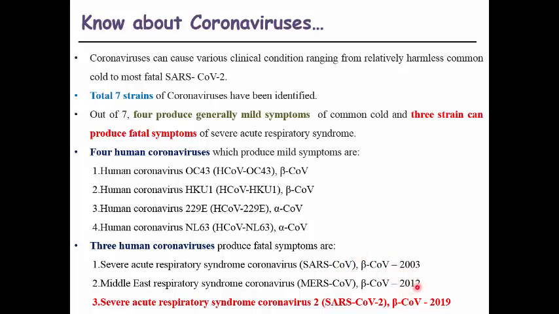Then again in 2012 a second outbreak developed in the Middle East countries, named Middle East Respiratory Syndrome coronavirus, and today the whole world is facing the one which started in 2019, and that virus is known as severe acute respiratory syndrome coronavirus 2, SARS-CoV-2, because the virus is structurally similar to the coronavirus which was identified in 2003. So both are structurally similar, that's why they are known as SARS-CoV, and this is named SARS-CoV-2 because it is a second outbreak.